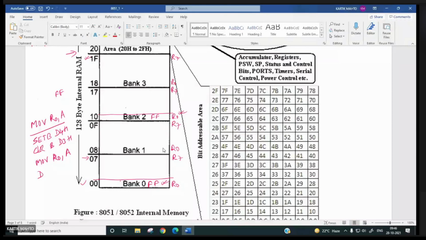This one won't decrement. Now first, if you write CLRB D4H, and then INR R0, what will happen? Which one will increment?